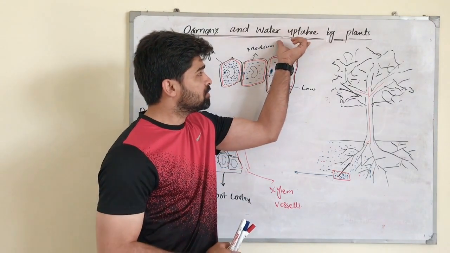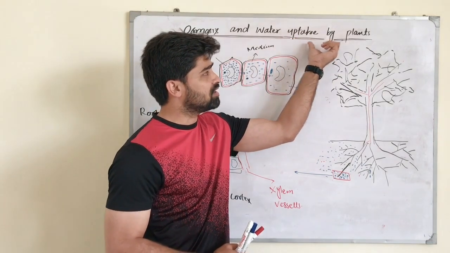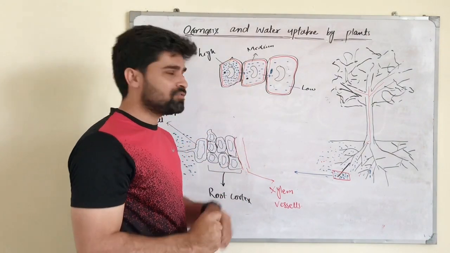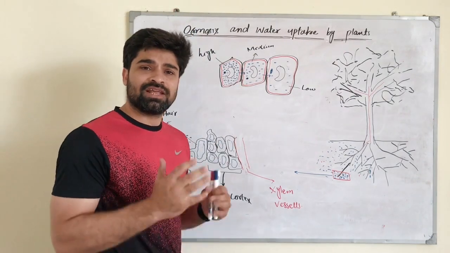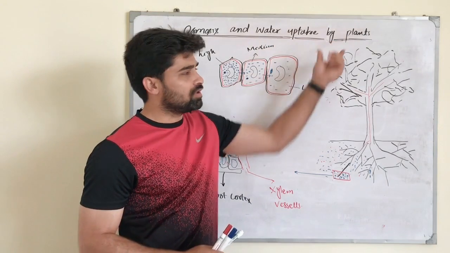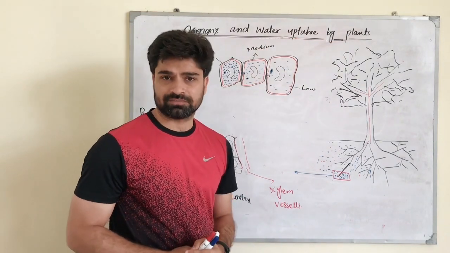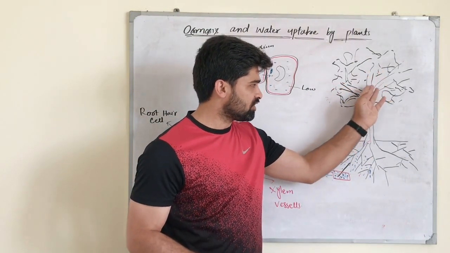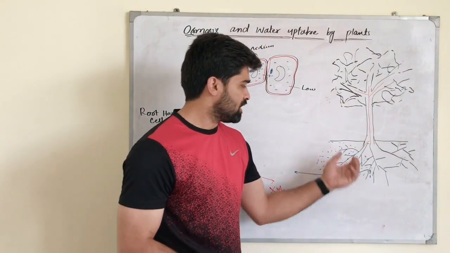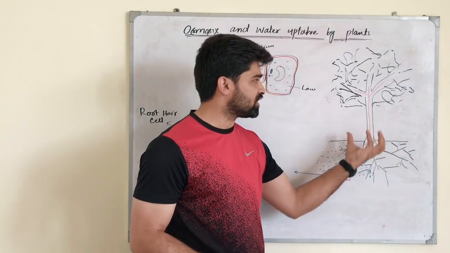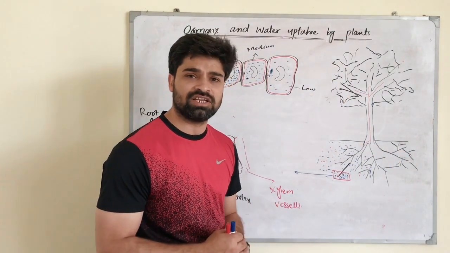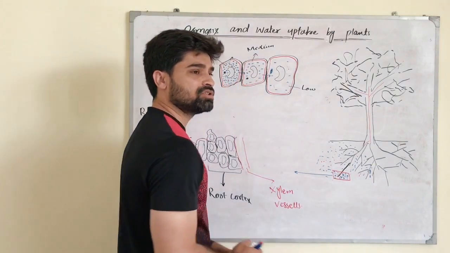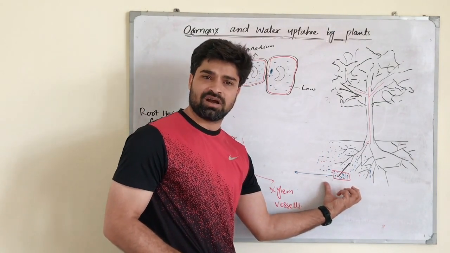So, my dear students, how is water taken up by the plants? In plants, this phenomenon of osmosis plays an important role in the uptake and transportation of water. In this picture you can see a tree, and that red line in it shows the xylem, and these are the roots of the tree, and up here are some branches and the leaves. We are mainly concerned with the roots, because roots are the main organs of the plant which absorb the